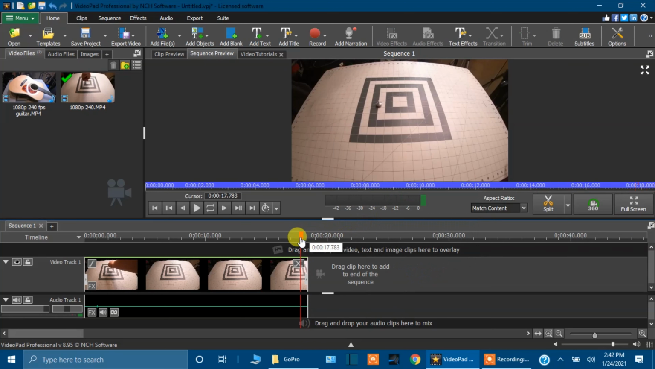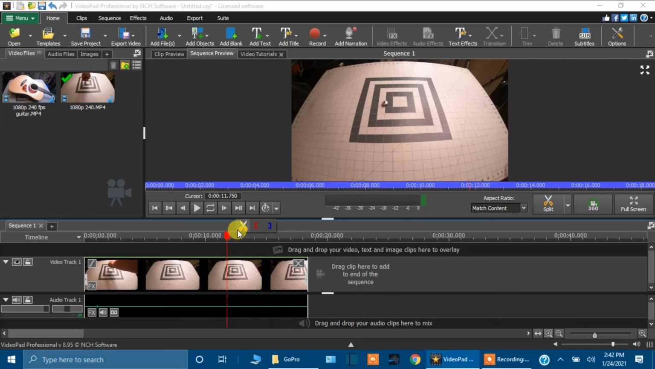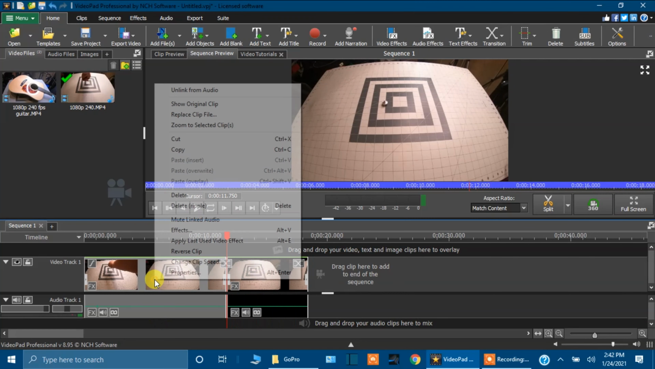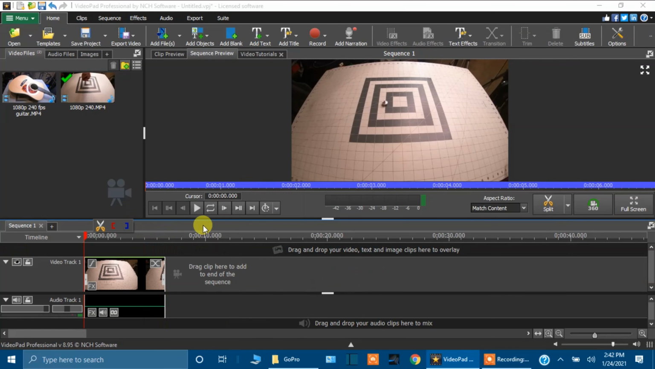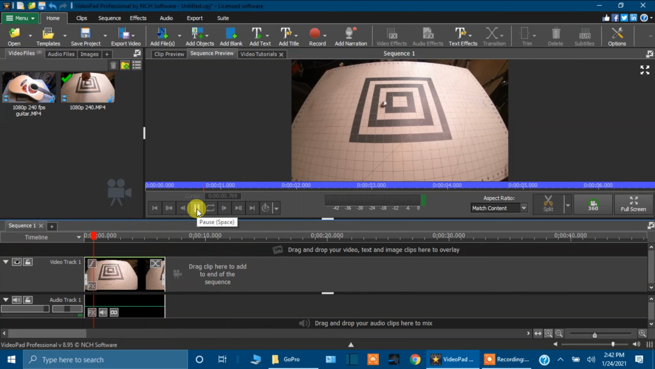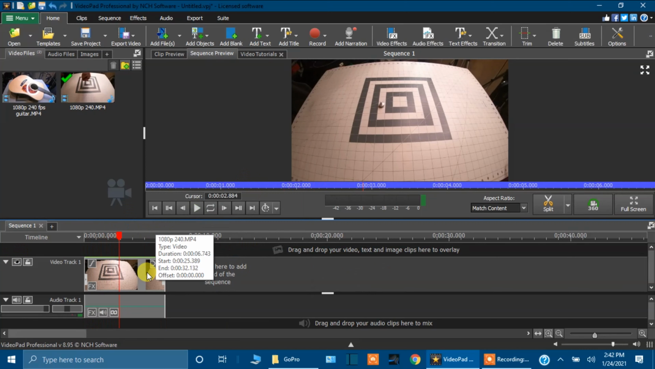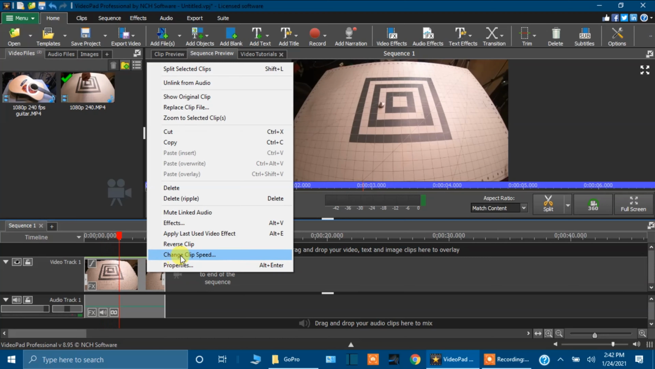I'm going to go back to where it's in that white line, right about there. We're going to cut, highlight, delete ripple, play it just to make sure it looks like what we want it to look like. Okay, there it is. So we are going to click and highlight, right click, change clip speed,